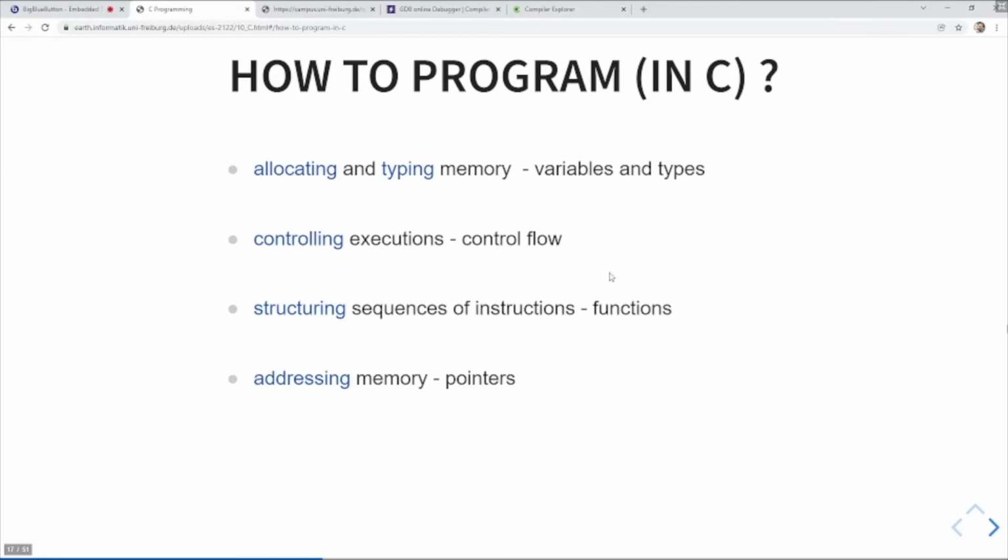Then the next thing will be structuring of instructions. We had a small taste of this already with the functions and how to do this in C. And it's basically also how to include modules, but it's mostly handled by this include macro. And then the last thing is, and I hope I have a good explanation for this one, pointers. Sometimes this is a construct that is a little bit hard to wrap your head around, but this is actually